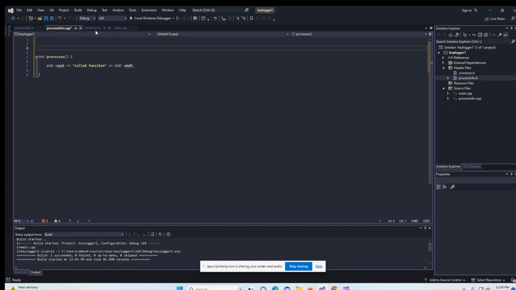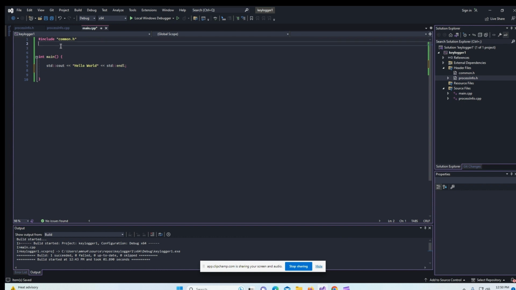And if you remember what I said about the common.h file, instead of typing iostream again, I can just say include common.h. Now save that, and in main.cpp I'm going to call this function,